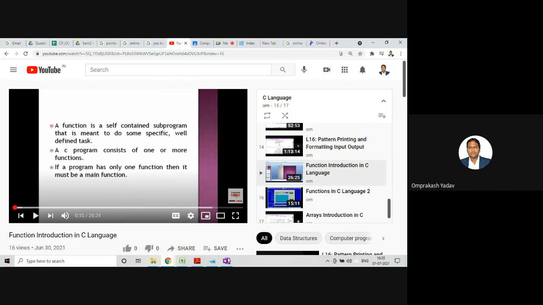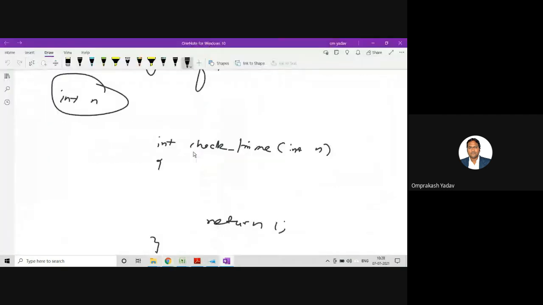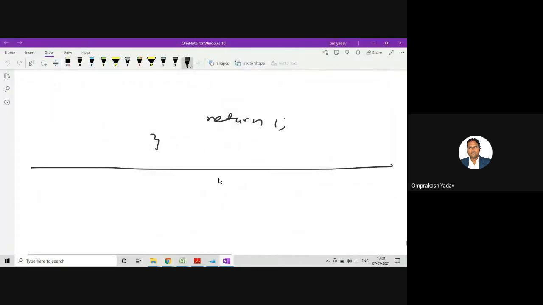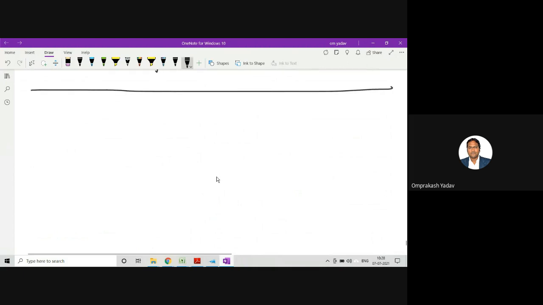Okay. Now let me quickly go through the program that involves a recursive function call. So let's go to the recursive function, and I'll explain what you mean by recursive function. Okay.